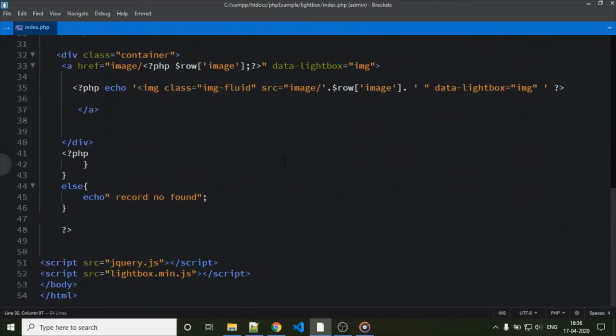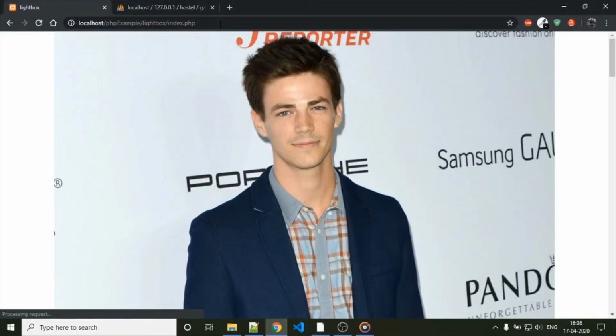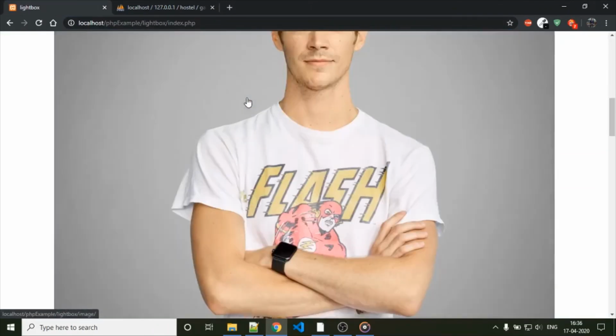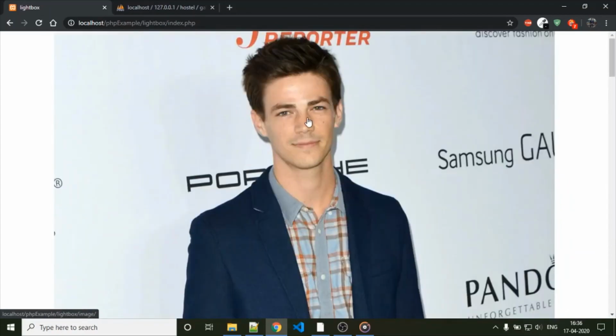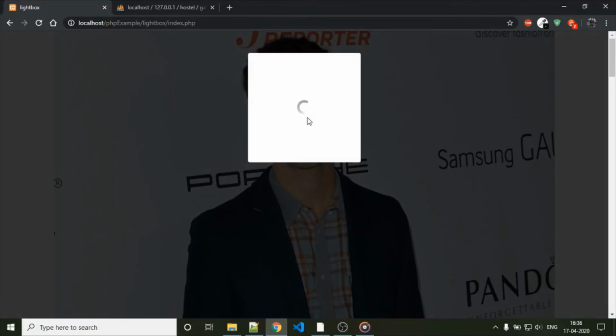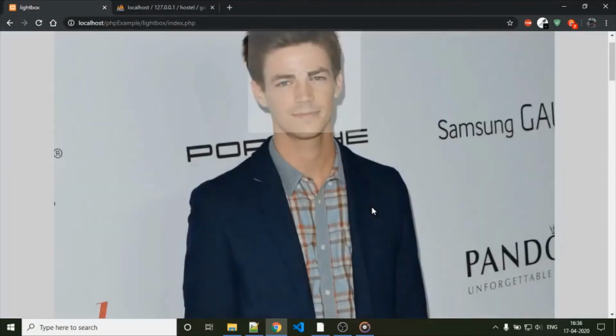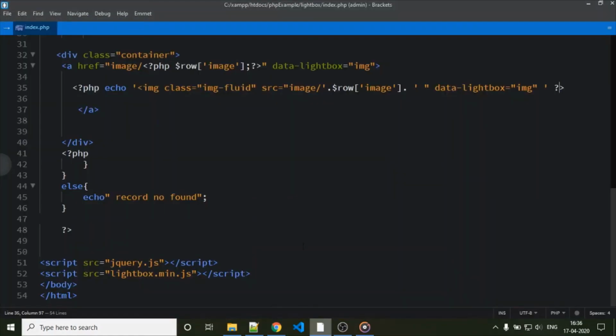So save it. I think it's time to run the application. Here you can see the result, this is just an example image. When we click, we are not getting the image. So what's the problem?